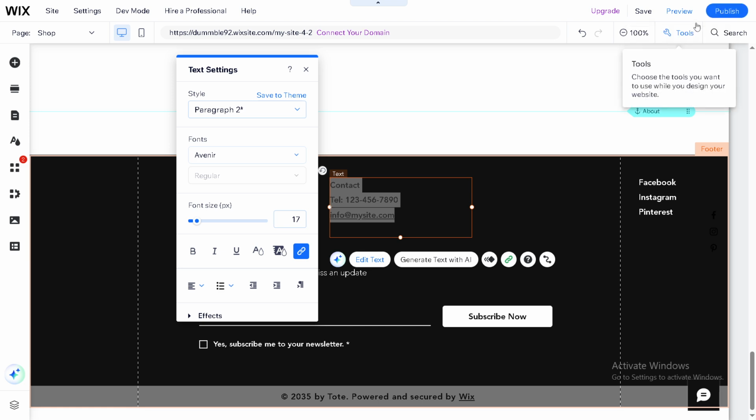Once you're satisfied with your changes and happy with how your edited text looks, it's time to make it live for all of your site visitors to see. You'll do this by clicking the Publish button, which effectively updates your site with the edited text. And that's how you edit text on Wix. You can repeat these steps